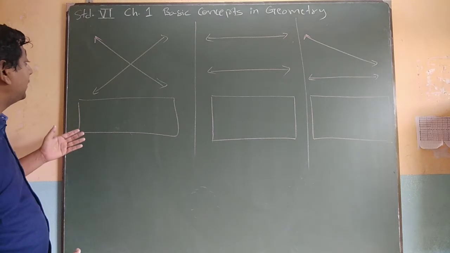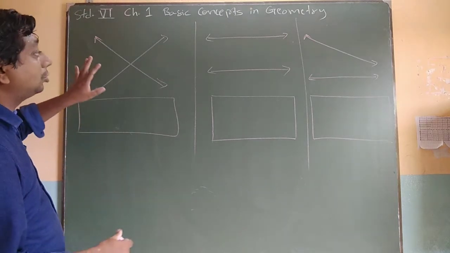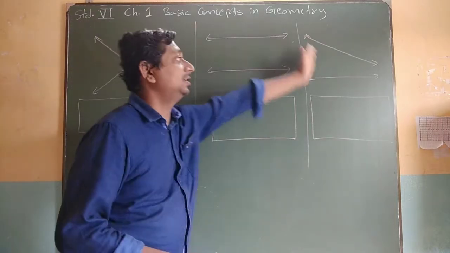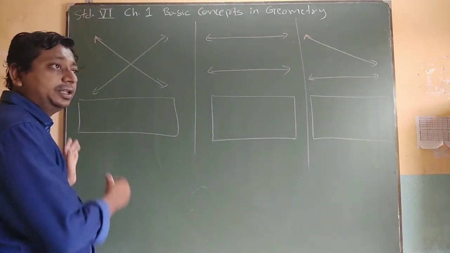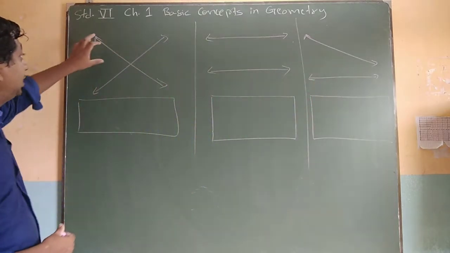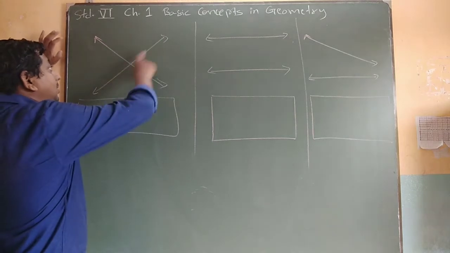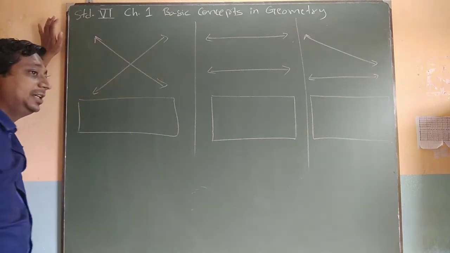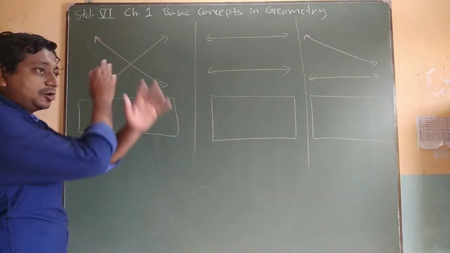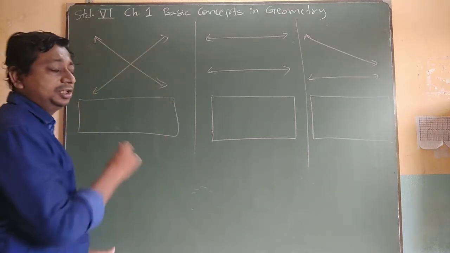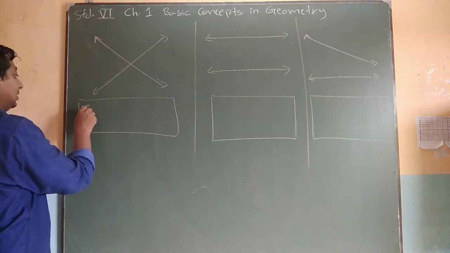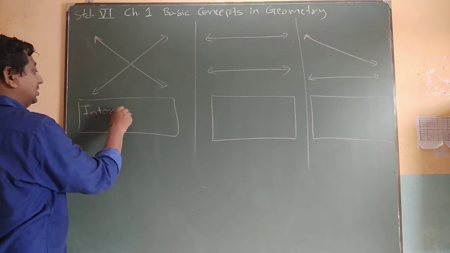Students, here we have to answer whether these two lines are intersecting lines or parallel lines, in three different scenarios. Three different types of cases are there. In this case, are these two lines intersecting lines or parallel lines? We know they have crisscrossed each other, they have joined each other, they have passed through each other. Therefore, these are intersecting